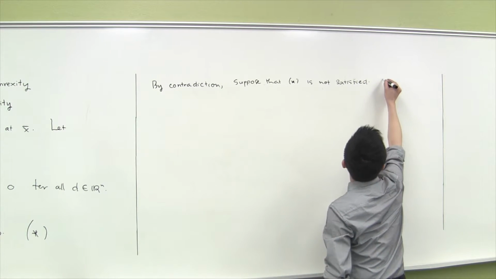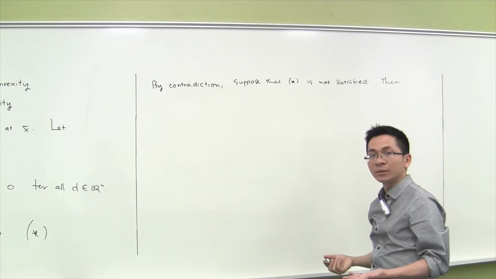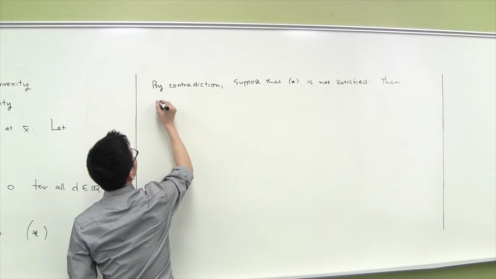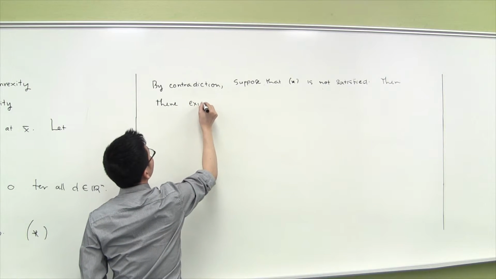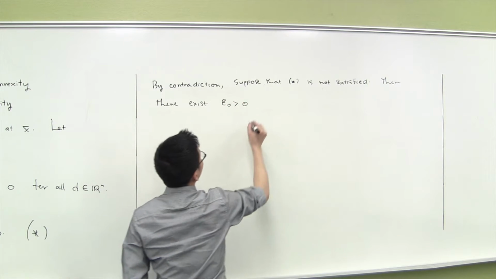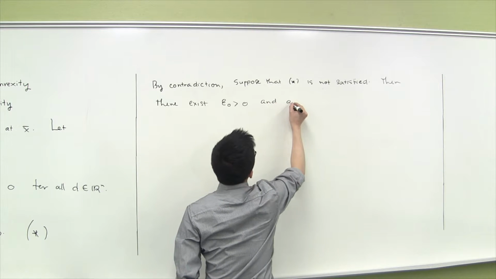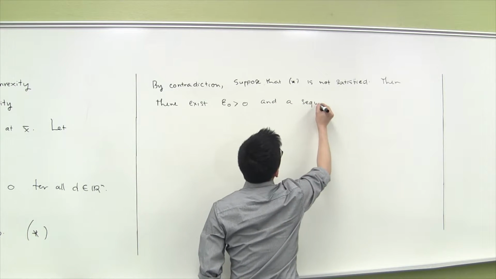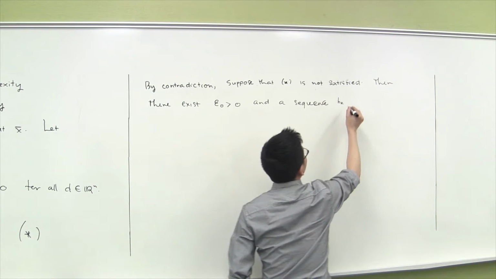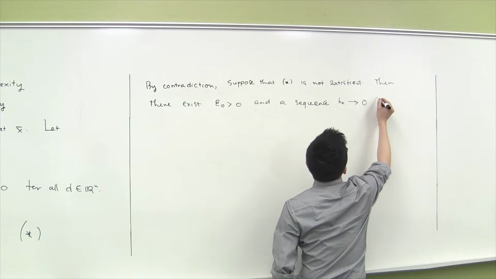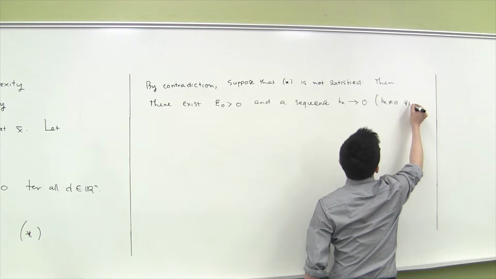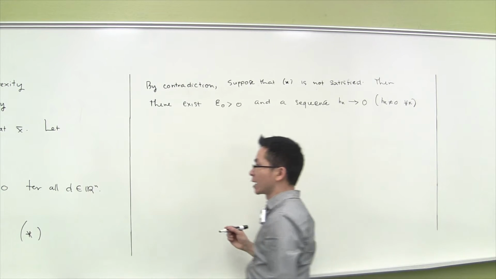Then, if we use the definition of limit, we will see that there exists a positive number epsilon naught greater than 0 and a sequence hk in Rn not converging to 0, where hk is non-zero for all k, such that